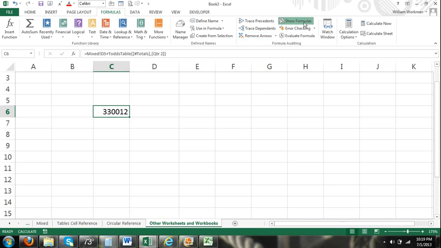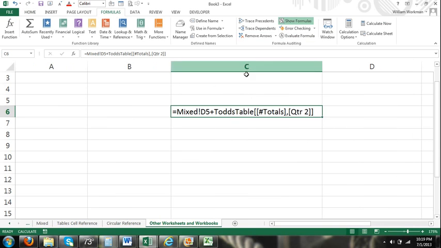Let me click on Formulas, click on Show Formulas, expand this a little bit. So you're going to see that I hit equals and Mixed. That's the name of that worksheet. And so we're going to have the name of the worksheet separated by an exclamation point, and then we have the cell address. So what that's saying is this sheet Mixed, sheet name, exclamation point, cell address, plus again